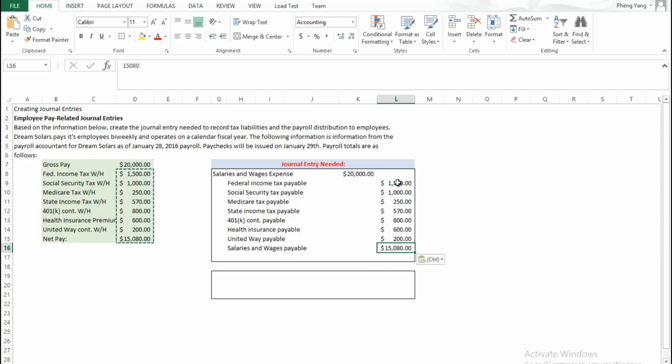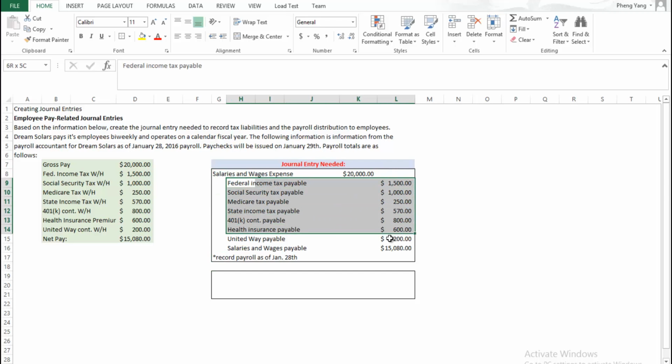I just want to make sure that all of these amounts equal 20,000, and it does. So I'm going to say, to record payroll as of January 28th. That is going to be my payroll entry to record gross wages and to record all the liabilities incurred for the January 28th pay period, and also record the net